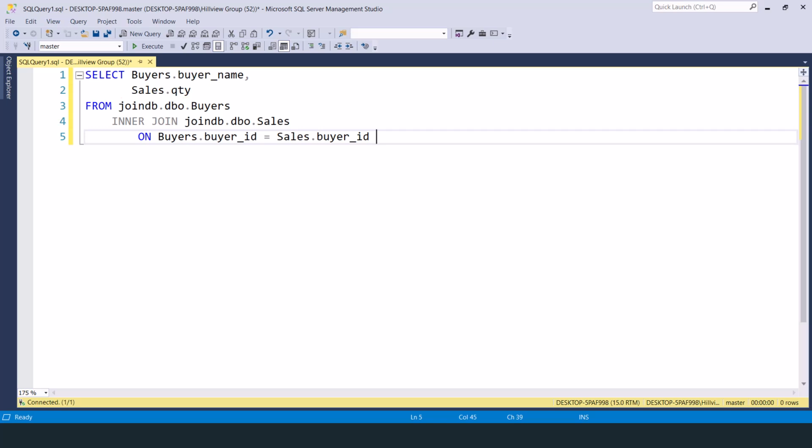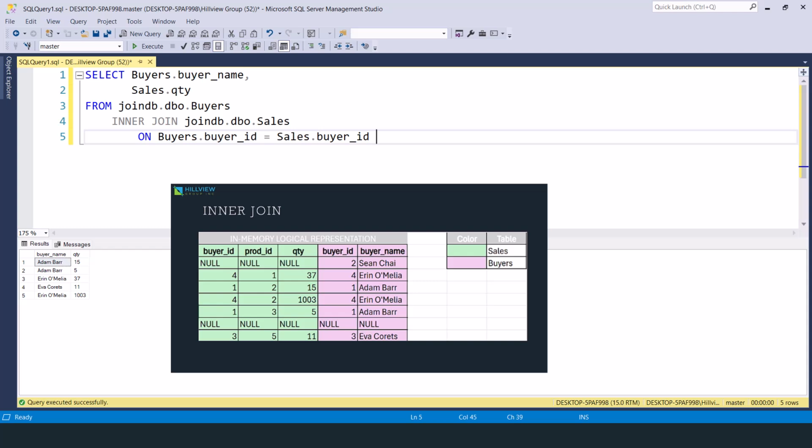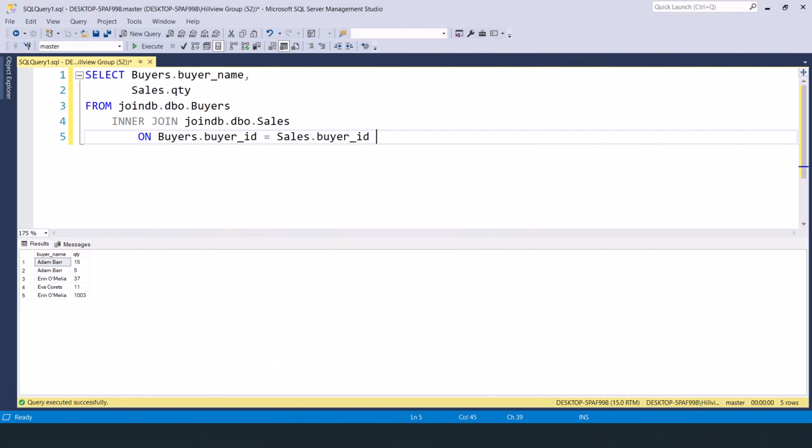If we run this query, we will get 5 rows back, and if we compare our result set to the logical representation, we understand why those 5 rows make it into our result set. How about that null row I pointed out earlier? Well, it is not returned because, as we all know, one null does not equal another null. We see from the above the 5 buyer names that have purchased a product and the quantity purchased in the JoinDB database. The takeaways from this exercise are: